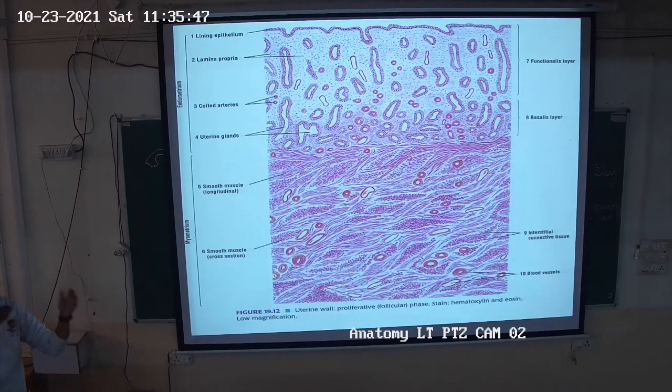ठीक है, so the glands are straightened up again in the proliferative phase, reach the functional layer. Okay, so this is the kind of the preparation only. वापस जो है वो अपने normal form में आएगा. So here straight glands are formed, coiled arteries are formed, epithelium is again regenerated. It will be simple columnar epithelium. All these changes are under the influence of estrogen. Okay, so 14 days तक this will be the epithelium, simple columnar. This will be the phase, proliferative phase, having straight uterine glands and coiled arteries in the basal layer.